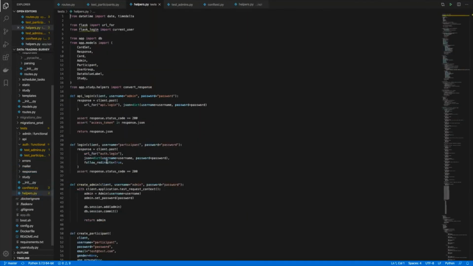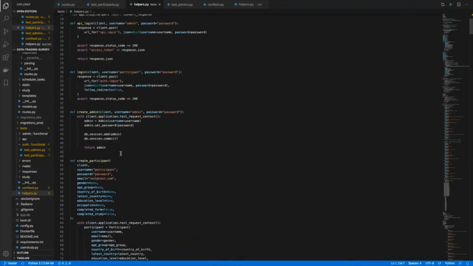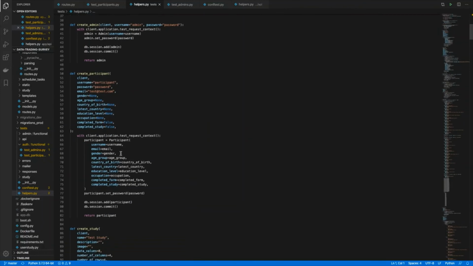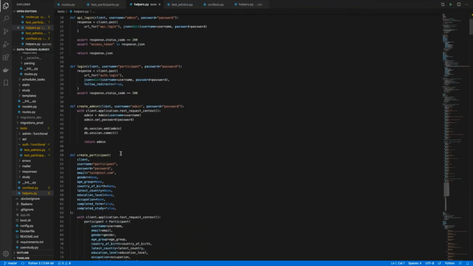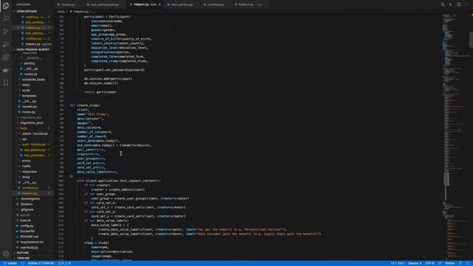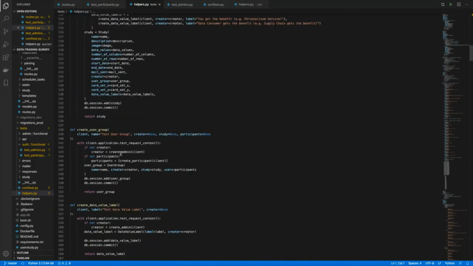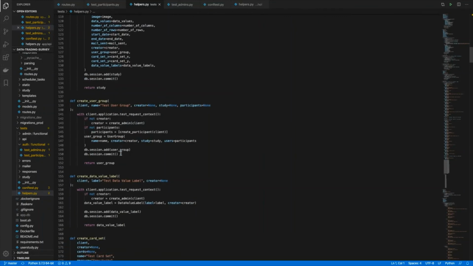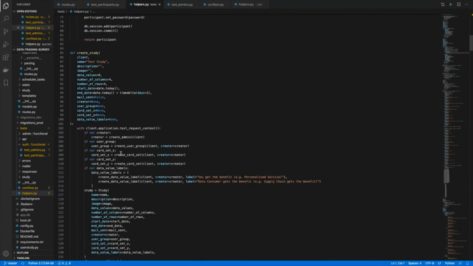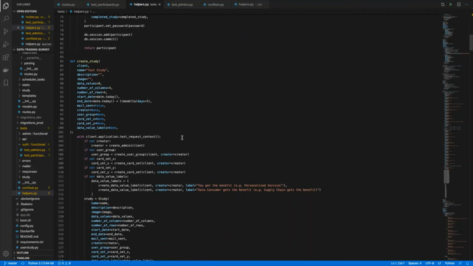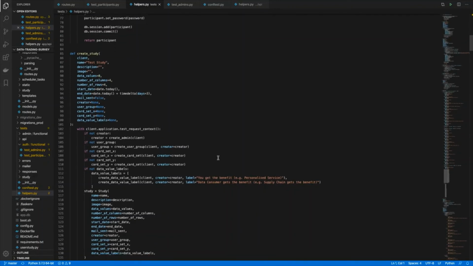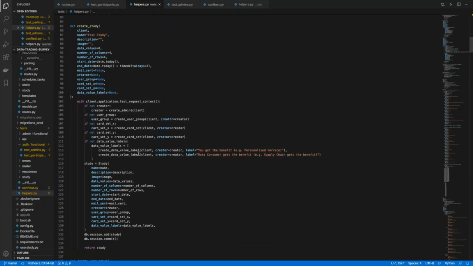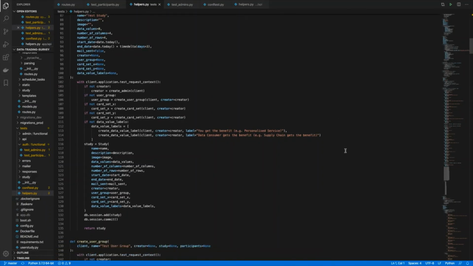So the helper functions I mentioned earlier are implemented in this file here. A lot of the objects in the project depend on other objects. So I decided to create these helper functions, because if you just wanted to create a single study, normally you'd have to create two card sets, a user group, and that takes up many lines, creating many objects.